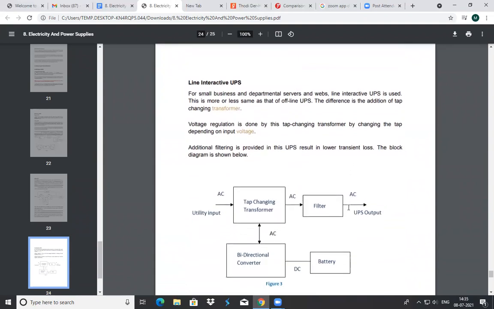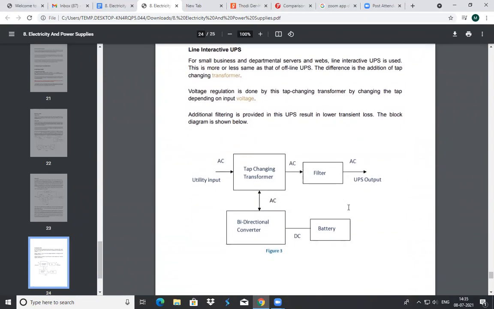Third type is the line interactive UPS. Line interactive UPS is used for small businesses, departmental servers and departmental web maintenance. It is somewhat the same as offline UPS: when the main line goes off, we use this UPS.